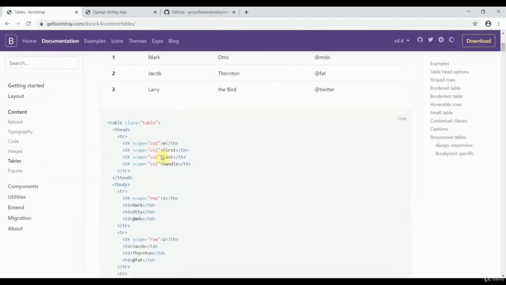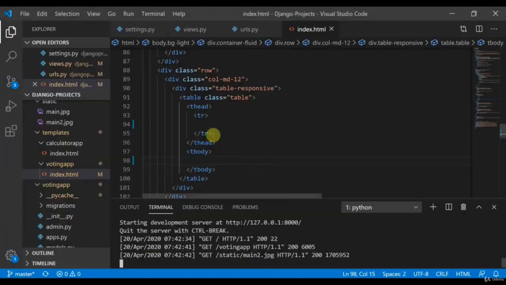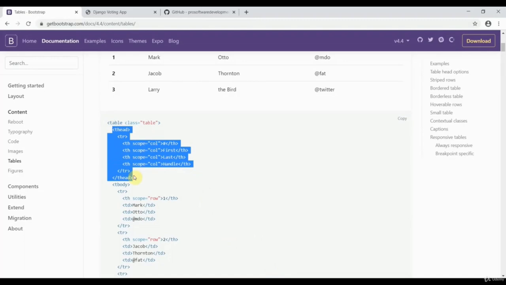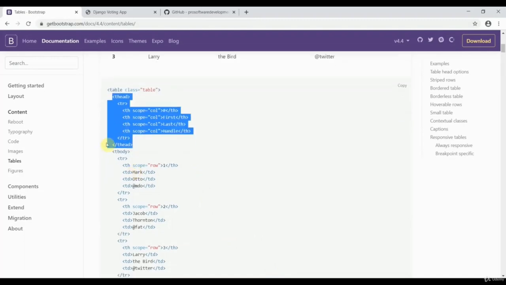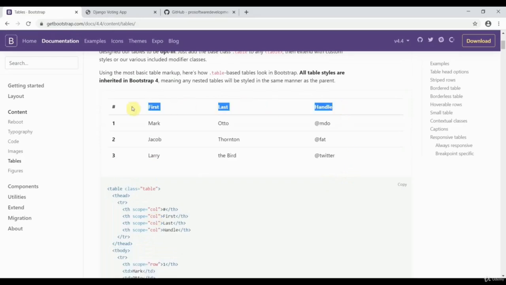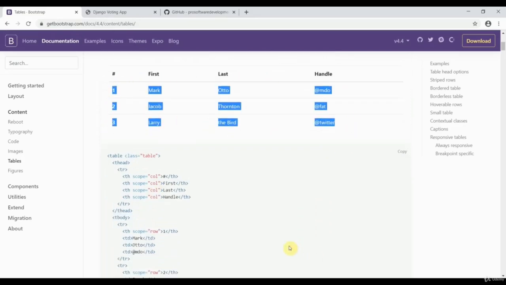So we have to add a scope. Basically we have added a table, so we have to add a scope. So we shall do the table header. We are first going to define the table header, and then we are going to define the table body. Okay. So this all is the header part and this all is the body part. Okay, so let's get started. We have to add a class in the scope, then we'll make the header.